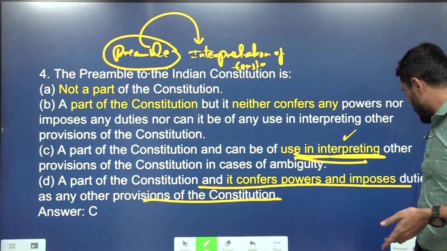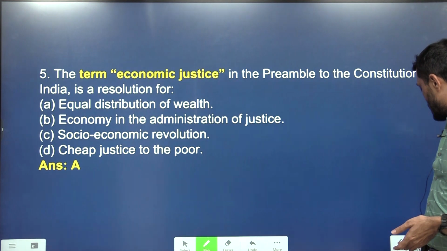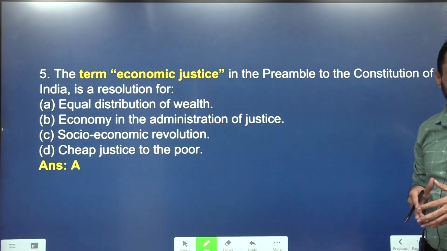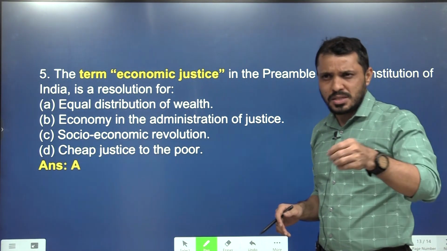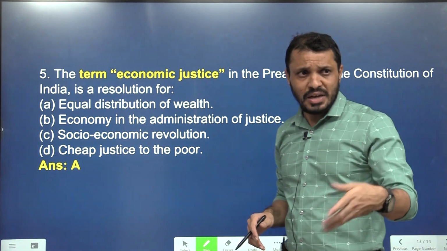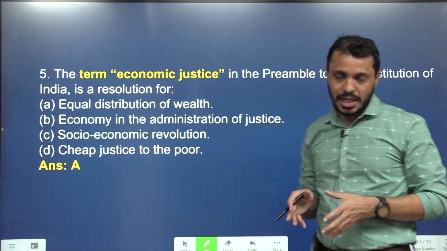So here I will try to explain as many questions as possible, which are sometimes very difficult. For the rest of the things, you can buy any MCQ book and try to solve. And once the class is done, if you have any doubts, you can ask me. I will help you out.